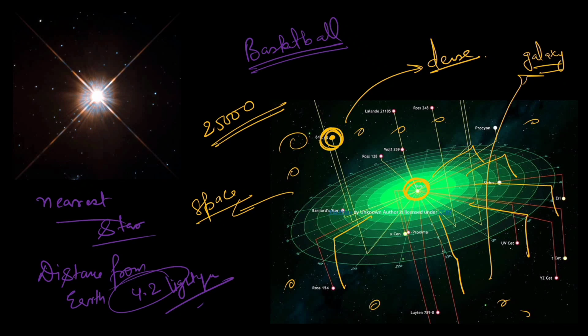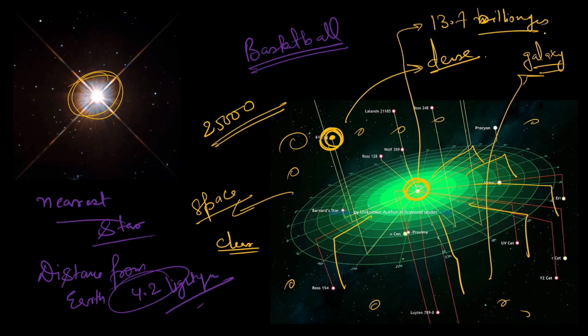And now frankly, my brain is already well beyond anything that it can really process at this point. It almost just becomes abstract thinking. It just becomes playing with numbers and mathematics. But to get a sense of the universe itself, the observable universe, and we have to be clear, because we can only observe light that started leaving its source 13.7 billion years ago, because that's how old the universe is.